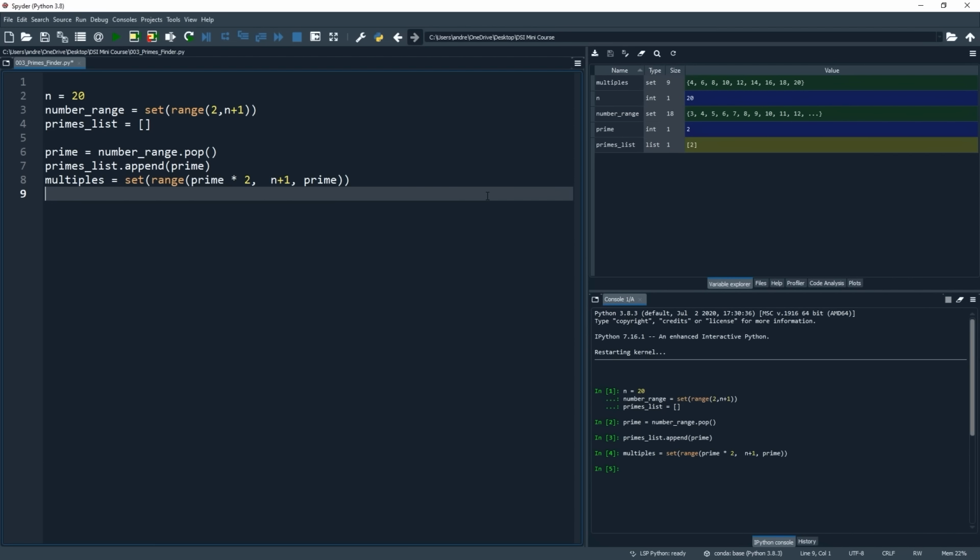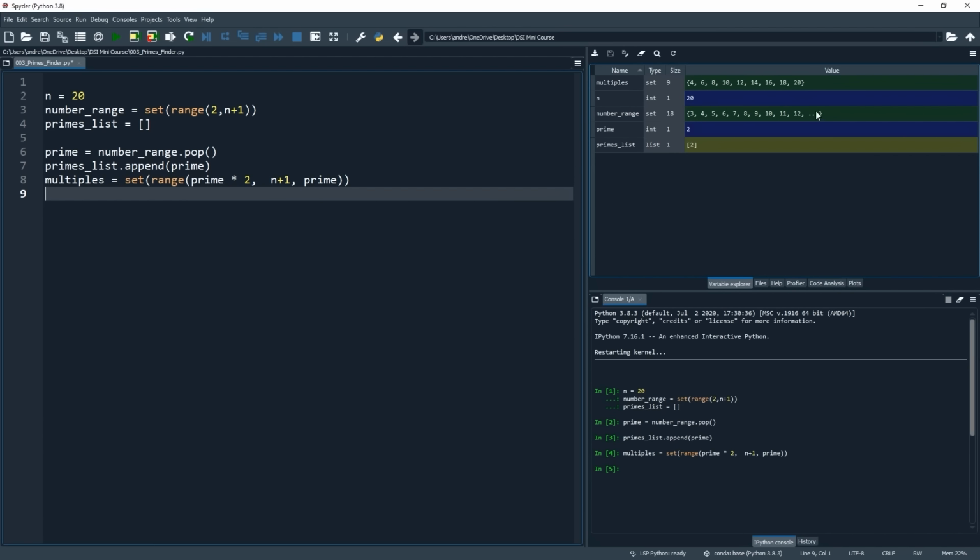Here, we want to remove any values from our number range object that are multiples of the prime number that we just discovered. The reason we're doing this is because if a number is a multiple of anything other than 1 or itself, then by definition it is not a prime number and can safely be removed from the list to be checked. So before we apply the difference update functionality, let's take a quick look at our two sets in the Variable Explorer.